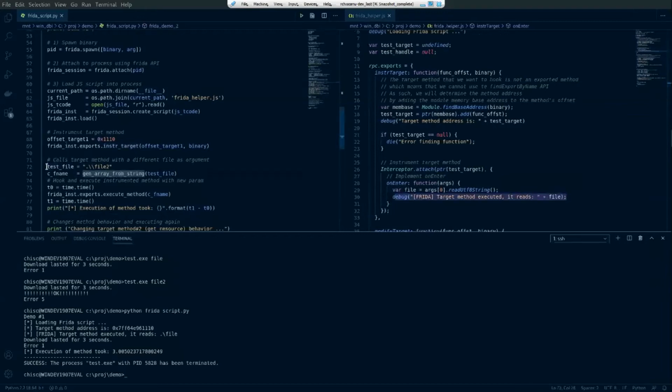But as I said, we want to change the argument of this function, and we will define the new argument that the function is going to take, the one that we want. So in order to change its behavior, we will execute this method having the new file that we want as argument. This execute method is again implemented here